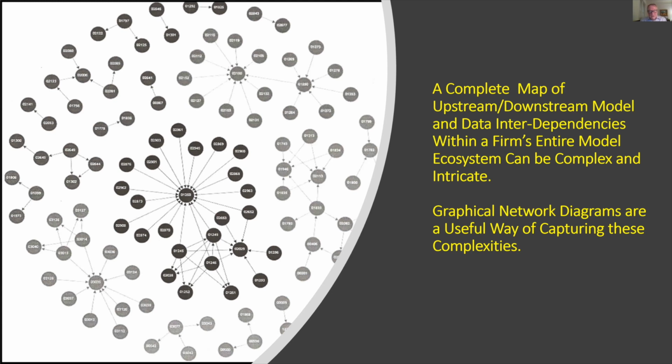In this case, each node here represents a model, and each arrow represents an upstream or downstream dependency. And you notice that the models with the highest number of interdependencies appear in the center of this formation. Those with the least appear on the outer rim of this galaxy type of representation. This can be zoomed and scanned across, so it can handle thousands of models and hundreds of thousands of interdependencies potentially.